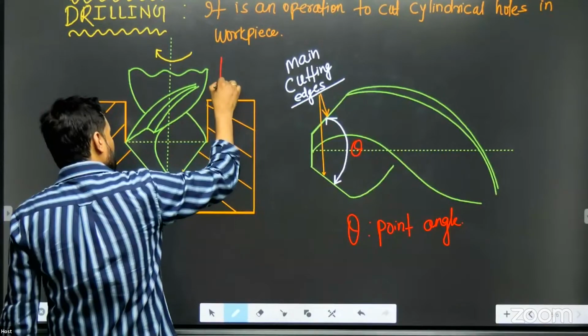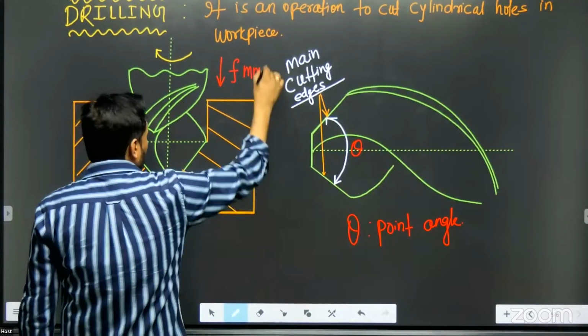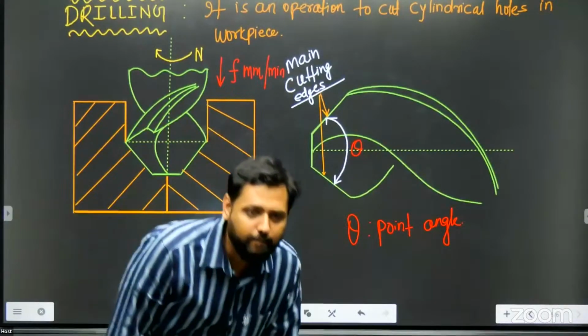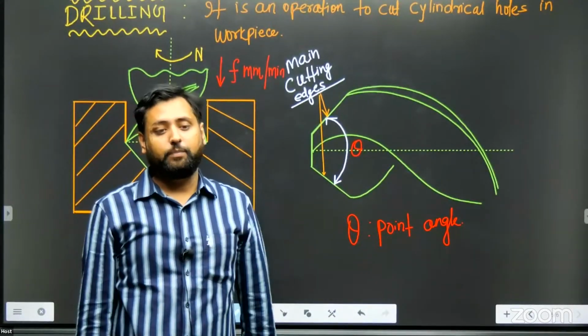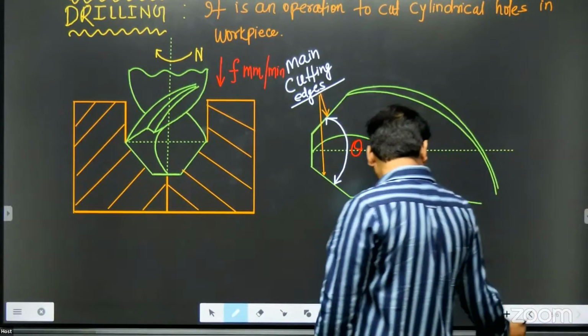So you feed this drill into the workpiece in this direction, like let us say f millimeter per minute. ड्रिल की टिप बनाई है ना आपने, ग्रीन कलर की। सर ये जो ग्रीन कलर का आपने बनाया ये ड्रिल बिट की जो टिप होती है वो बनाई है। ड्रिल बिट का जो राइट साइड होता है, उसके साथ ऐसे घुमावदार रास्ते होते हैं, हेलिक्स, फ्लूट्स भी बोलते हैं, वो फ्लूट्स भी बनाया है मैंने, राइट? यस सर। ओरिजिनल वाला वीडियो कल दिखाऊंगा, आज नहीं।